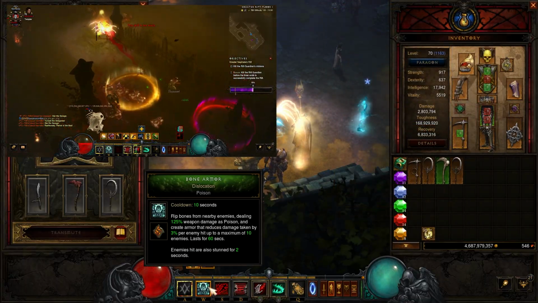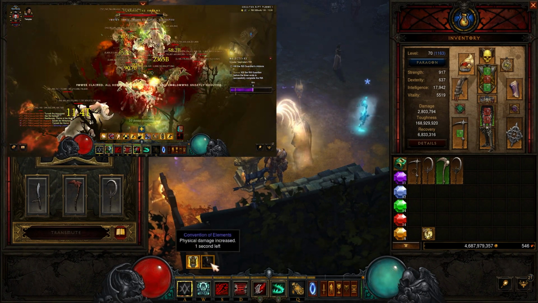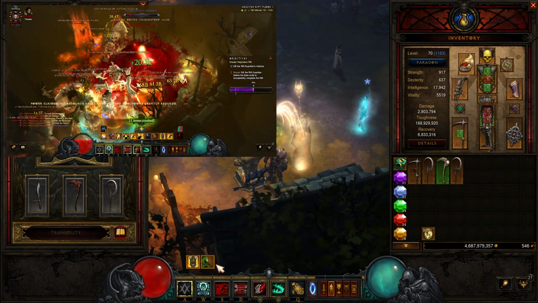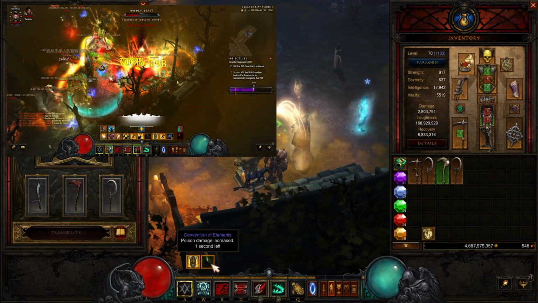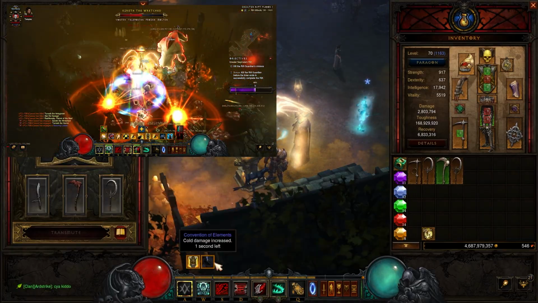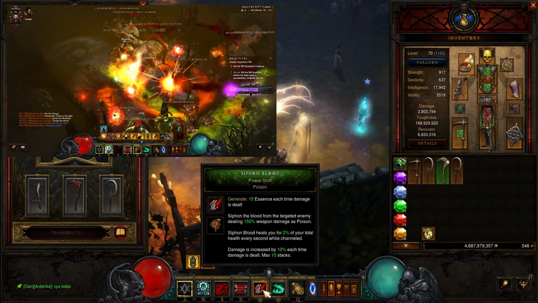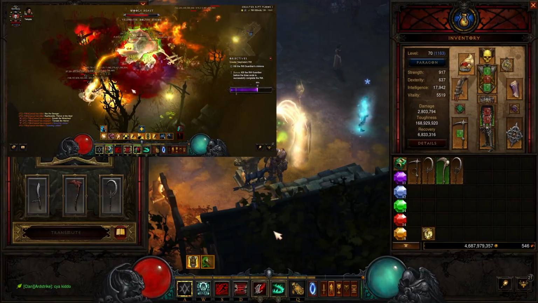I prioritize keeping bone armor up, so don't worry too much about the convention cycle. It's really nice to have if you get it off, and you just need to bear in mind that cold comes before physical. So at cold now, if you can see your bone armor's up, you might want to just wait, or just hit it just before physical,